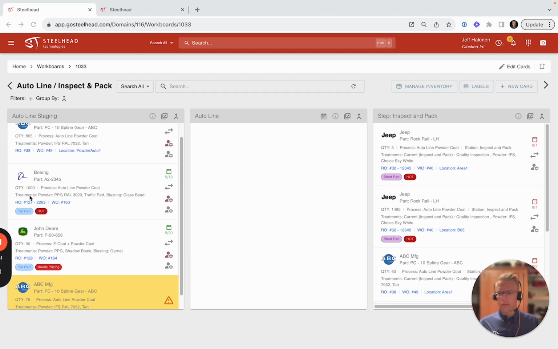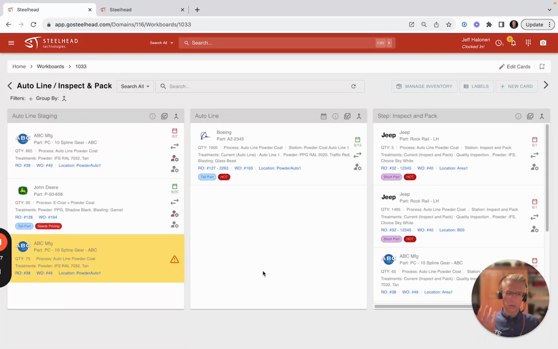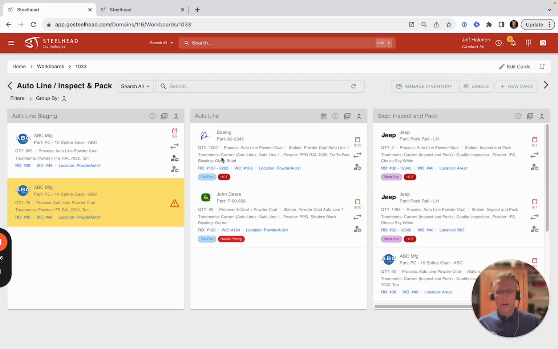So for example, if we have these parts for Boeing here, we're going to go ahead and step these parts into the auto line. So it's like, hey, we're starting to load these 1,000 parts. We might be loading these for 8 hours, might be loading them for 3 hours. And then also we're loading in these John Deere parts as well. So now we have our parts, both the Boeing parts and John Deere parts in the